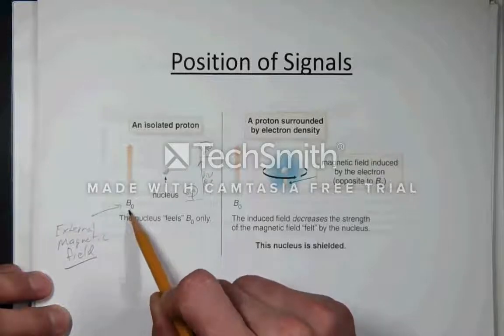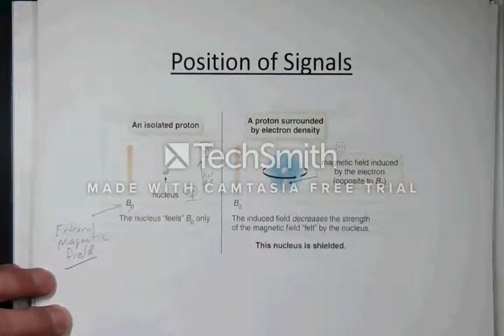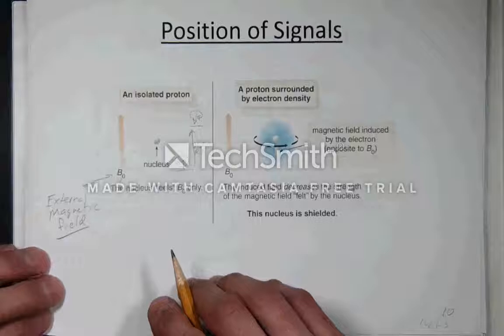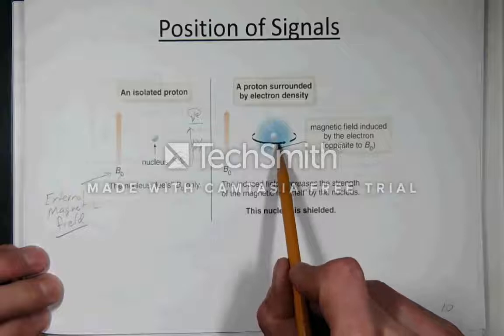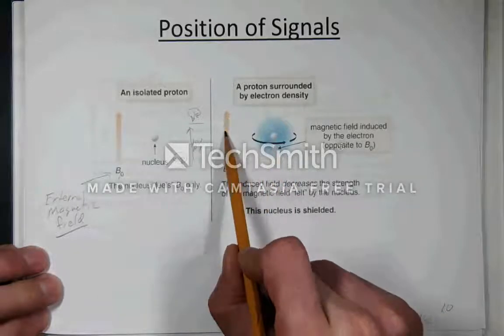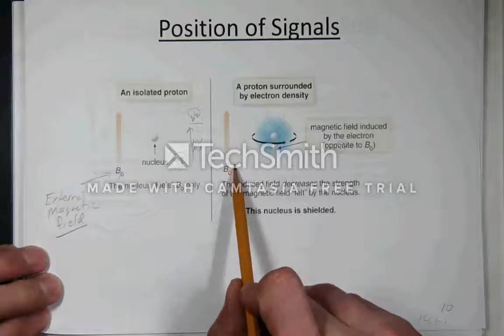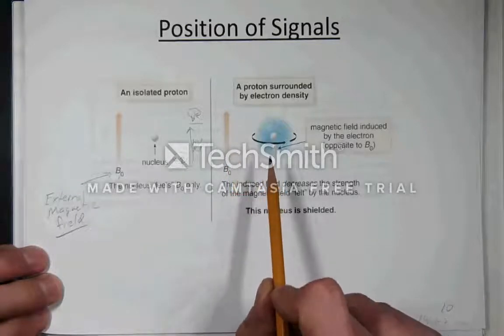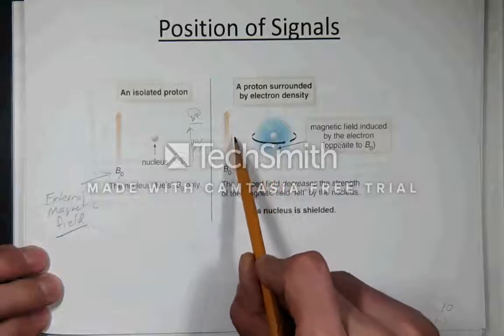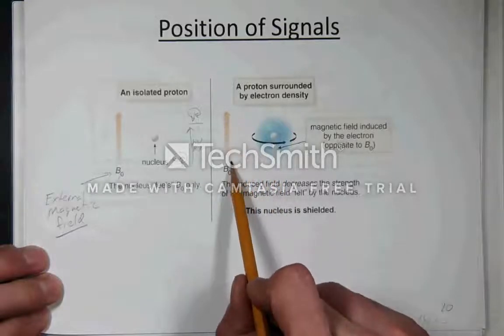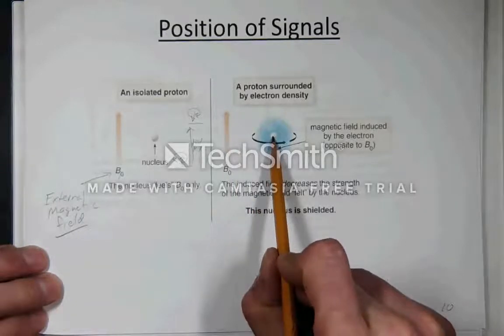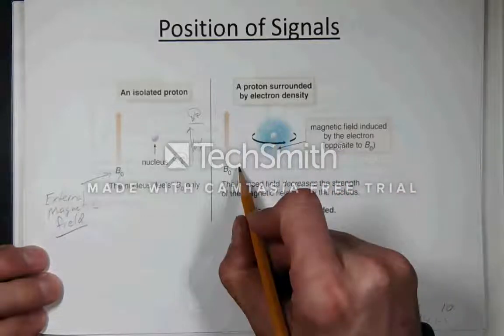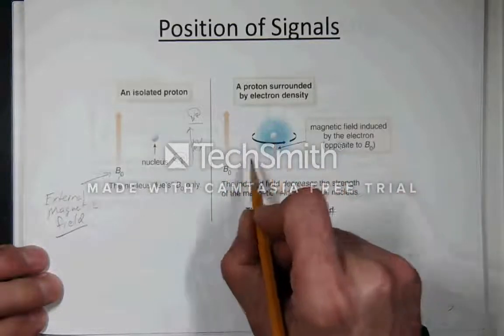But there are things that can affect the magnitude of this external magnetic field, and that's the unique environment that these protons or proton nuclei find themselves in. So here it says a proton is surrounded by electron density, right? So that electron density essentially opposes this external magnetic field and reduces it somewhat. So if there's more electrons around, it has a greater shielding effect on this external magnetic field. So this nuclei here is going to feel less of an external magnetic field because of this opposing magnetic field,